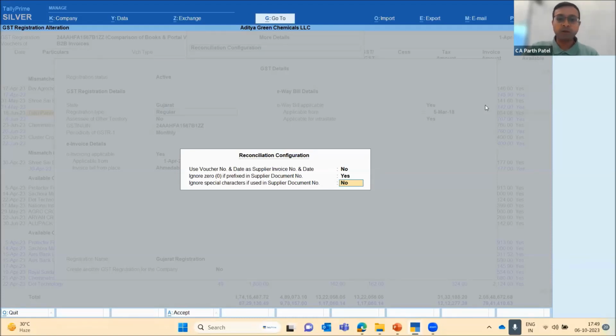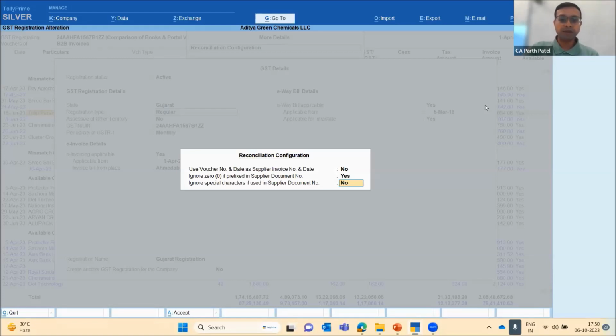Now, like zero, there can also be other exceptions like special characters. So in bill number, sometimes whatever data we have got from the client, we have seen that there are some dash, some hash, or some other special characters which are used onto the supplier bill number, but the same are not entered by the accountant or the staff who is doing the accounting entry. So whether those transactions should get reconciled or not, definitely those should get reconciled, because this